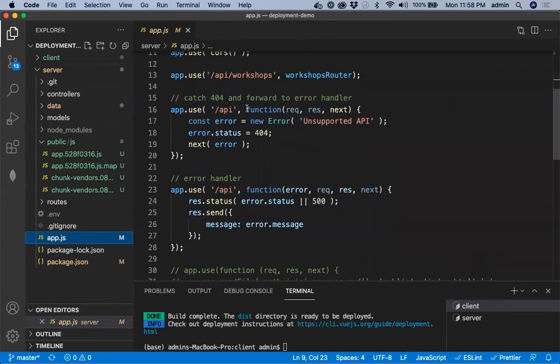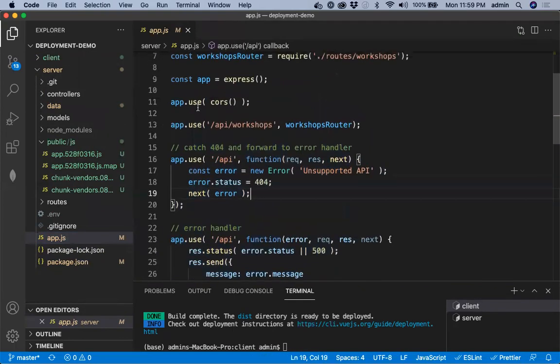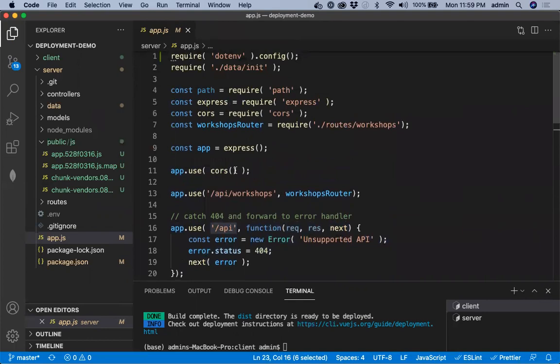For any URL, as the last set of middleware, the error handlers, after all our API middleware is passed through, we'll set up the API on /API requests. If it begins with /API, the error handlers will handle it. For any other things that don't begin with /API, first of all, we will set up the static file server as one of the first middleware.